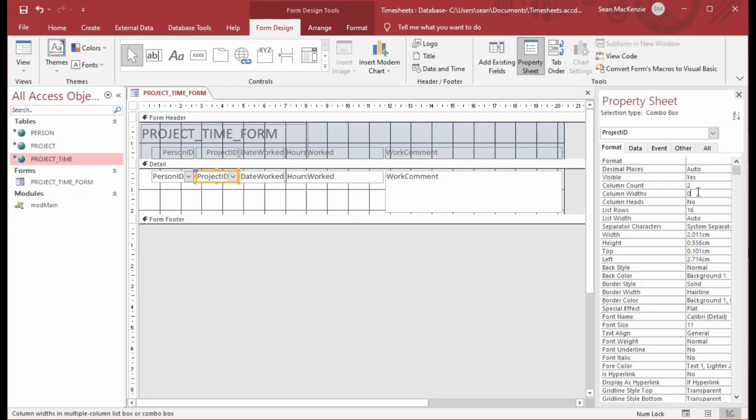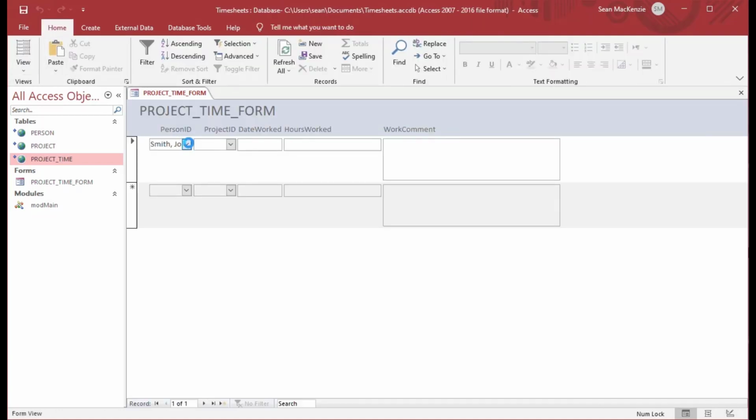So we'll say 0 for the first one, because it's just a number that doesn't mean anything to the user. And then we'll say 3 centimeters and make the list width 3 centimeters, and then we can go back to our view here. So now you can see, there we go. We can choose the bridge project, and it's going to put the ID into the table instead of the name,